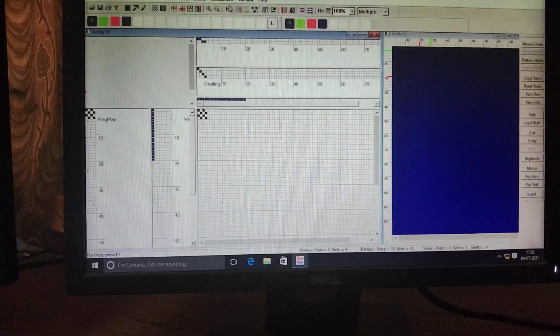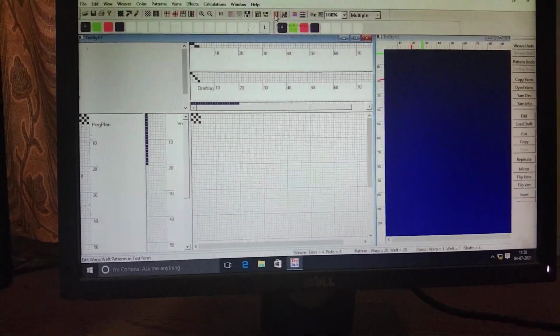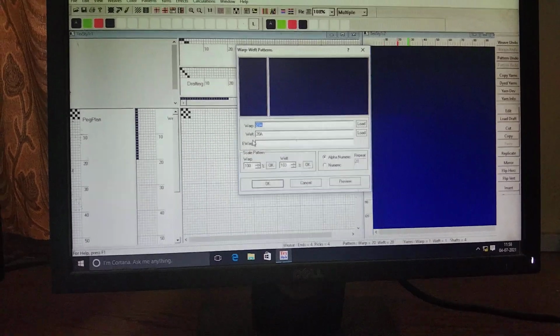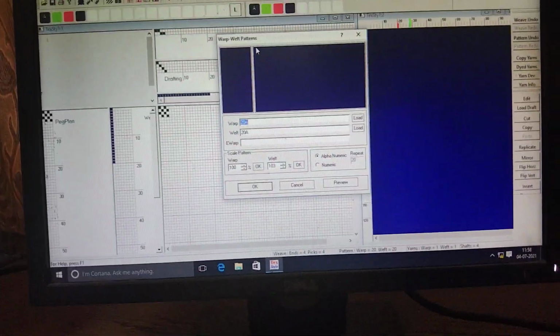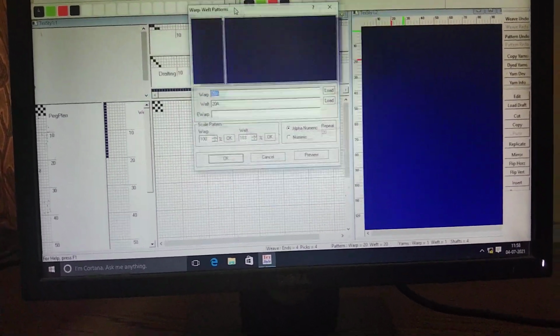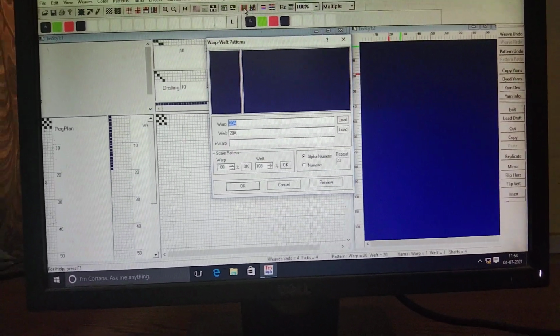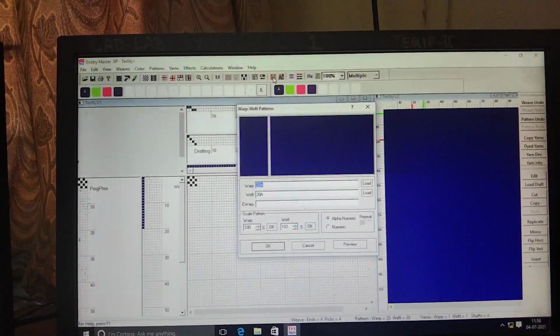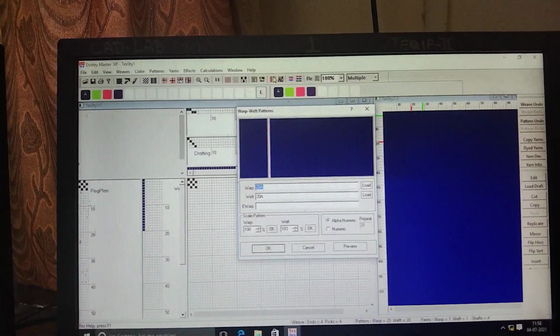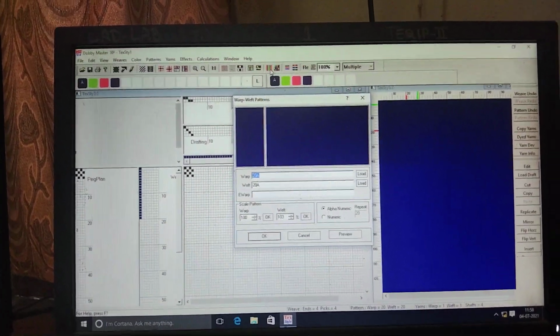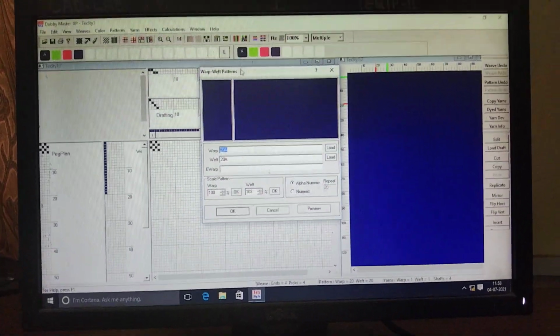Now pattern. Which type of pattern do I want to fill? See, a window appears with warp and weft pattern. As I click on pattern, notice the movement of the cursor.